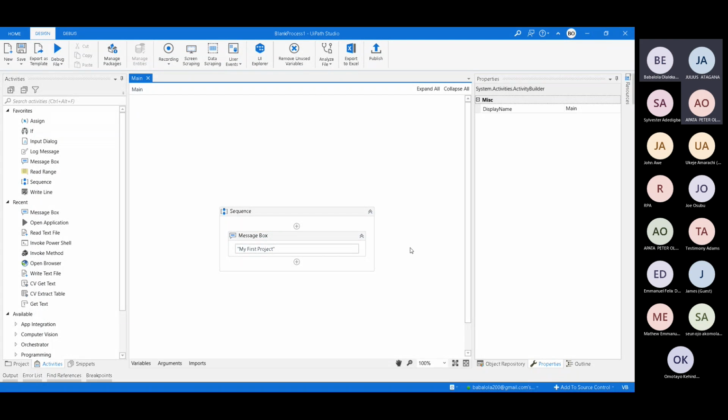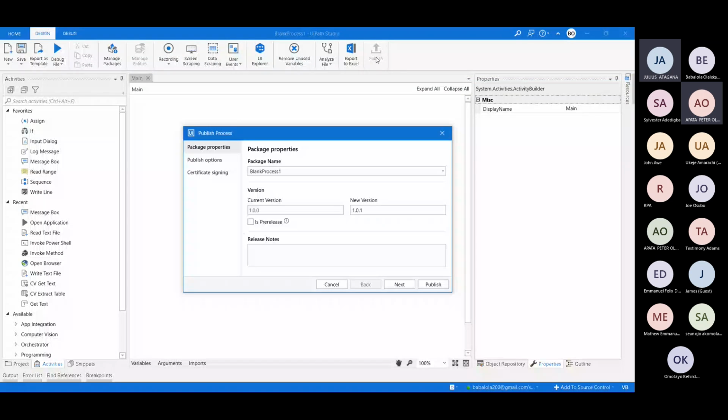All right, what's next? So we want to publish this to your folder. So we just click on publish. Publish is up on your ribbon, the last one up. I've done that, sir. Don't mind me, my network is lagging.